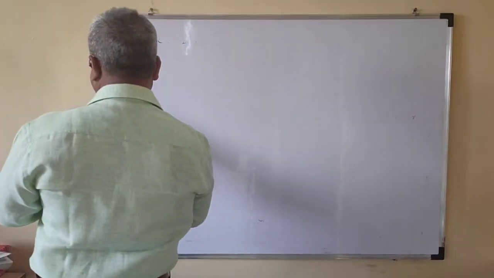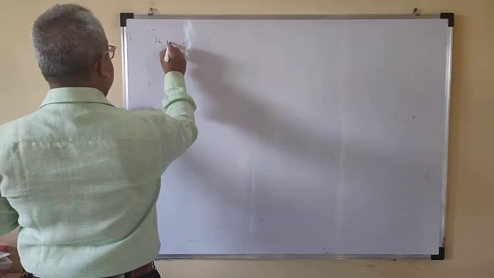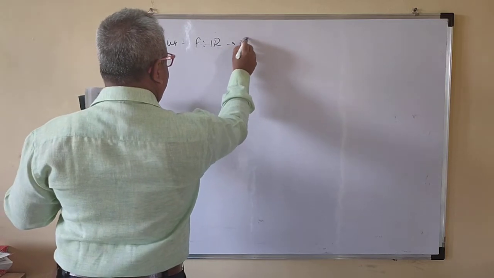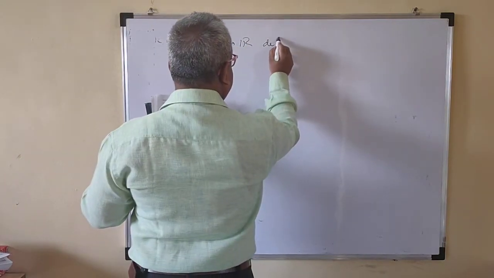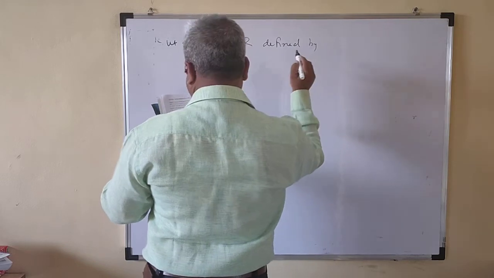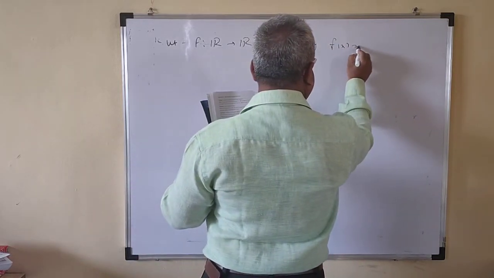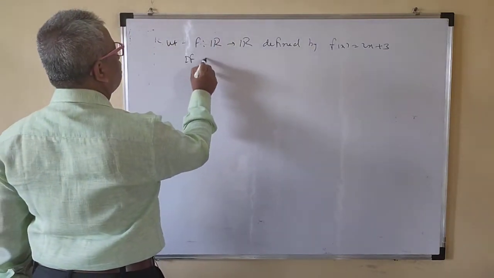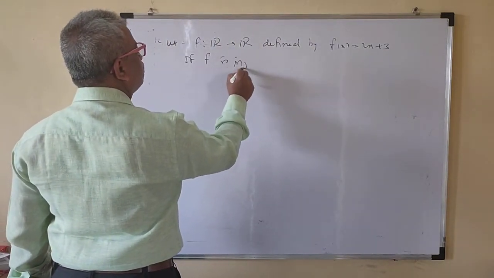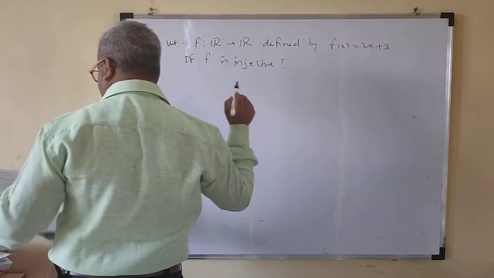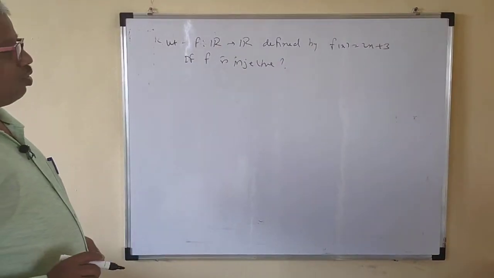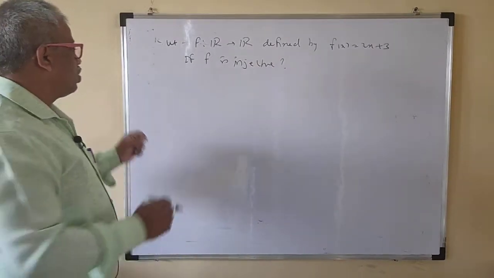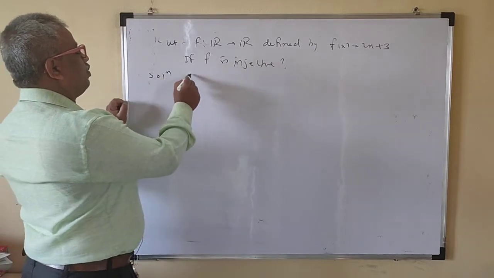Let f from R to R be defined by f of x is equal to twice x plus 3. Is f injective? So you have to determine whether this function is injective, that means whether this function is 1 to 1 or not. Okay. Solution. Given that